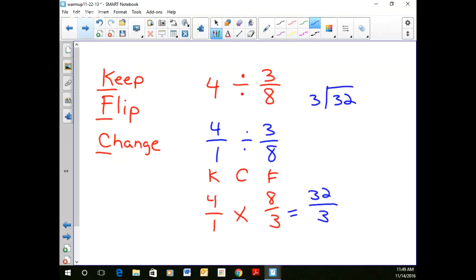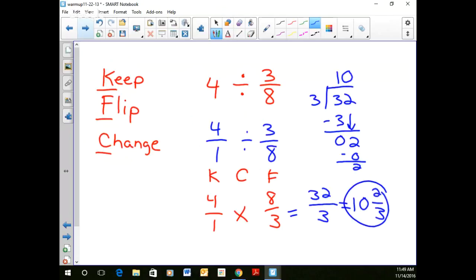And 3 will go into the initial 3 one time. With nothing left over, we bring down our next number 2. And 3 will go into 2 0 times with 2 remaining. So our new answer will be a mixed number of 10 whole with 2 left over, and the denominator will stay the same. So 10 2/3